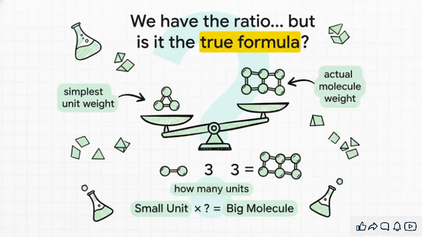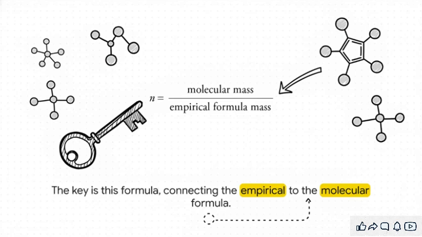Think of it like this. If we know the weight of our simplest little building block, and we can also measure the weight of the whole building, it's pretty easy to figure out how many blocks make up the real thing. And this simple little formula is the key that unlocks the whole mystery. You just take the true molecular mass and divide it by the mass of your empirical formula. The answer you get, we just call it N, tells you the exact whole number you need to multiply your